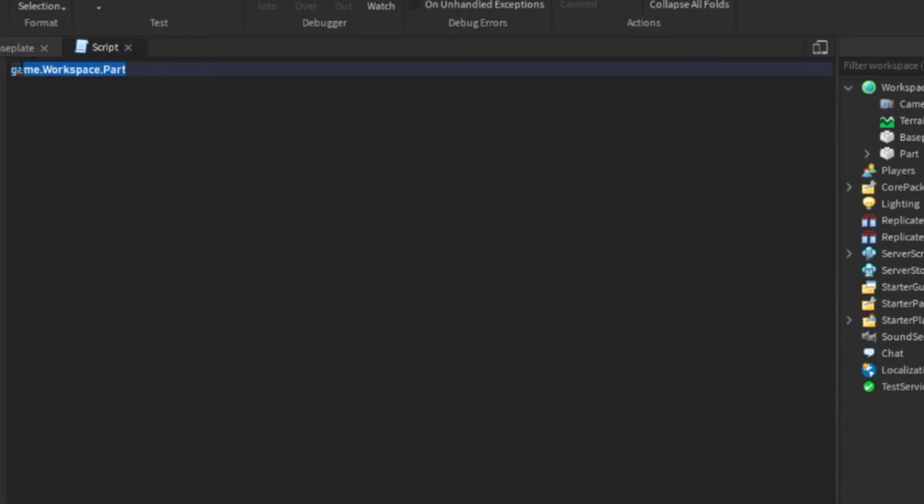That's how you tell the script, hey, this is what something is and this is where it is. But basically, we do variables so we have less to type. So we can say local part is equal. No, that's not a good name. Let's say